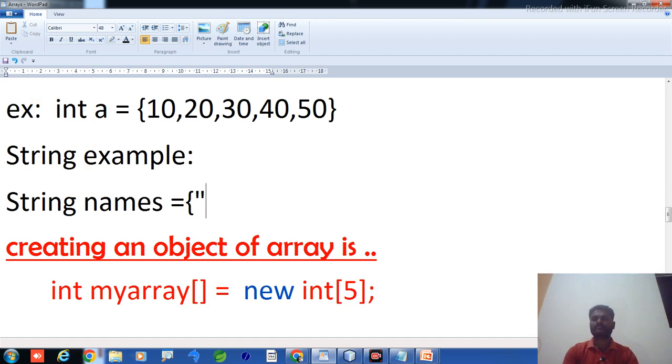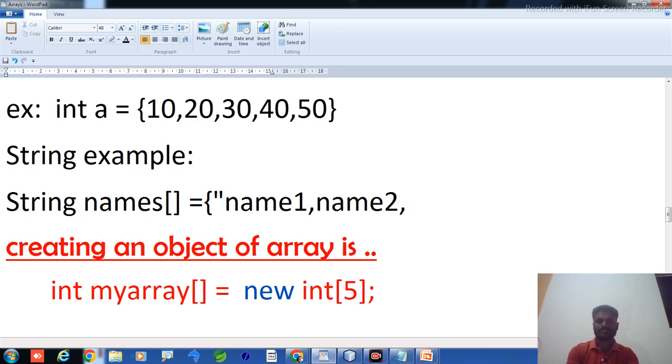Suppose I have 10 students, so you have to create one array: name 1 or student 1, name 2, student 2, like this.